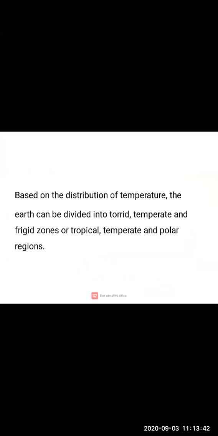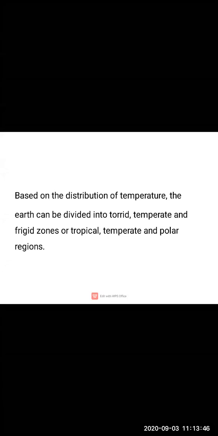So torrid means a region where it is very hot or dry. Temperate means it is not very hot, not very cold; it is neither hot nor cold, not too much hot or too much cold.